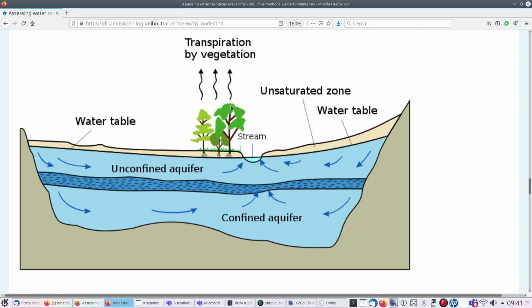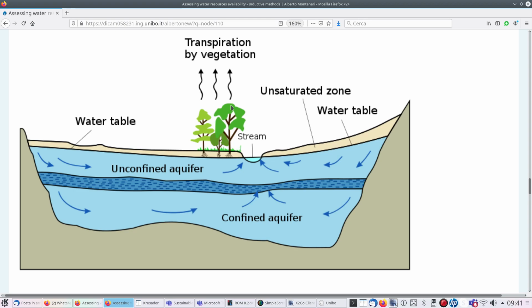Infiltration may come from the uplands, from the mountains, meaning that rainfall may directly infiltrate into the soil. Infiltration may come from rivers and lakes. Infiltration is just a flow of water from the surface to the underground. And then in this picture you see that the groundwater body is feeding the stream, the river. But there might be cases in which it is the stream, the river, that is feeding the groundwater body, depending